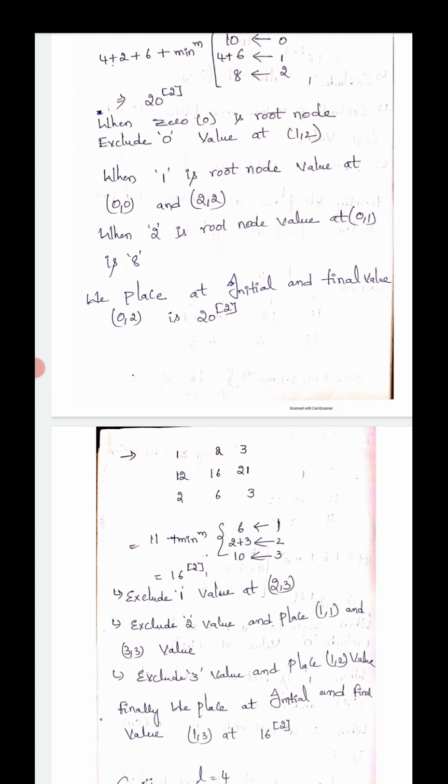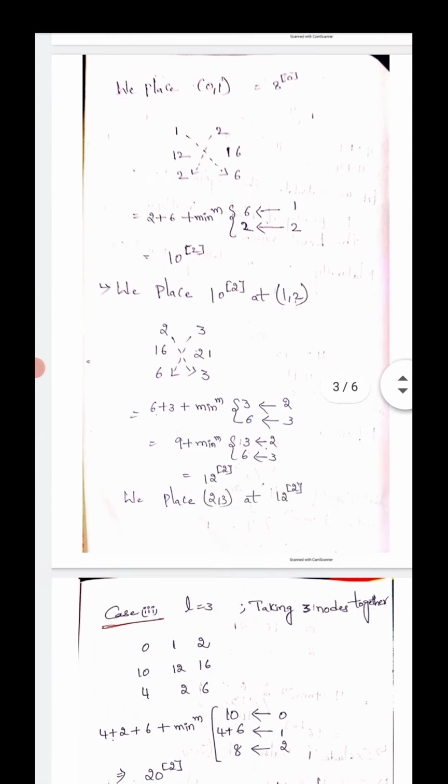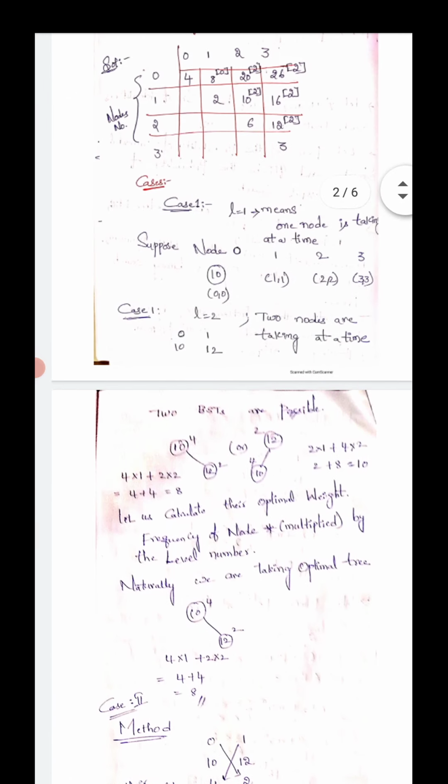Listen carefully. From root node 1, we need to exclude the 1 value at 2 comma 3. If you close the position 1, what do you see next to it? You see 2, 3. So exclude the 1 value and look at the 2 comma 3 position. How much value can you get at 2 comma 3? 12 with subscript of 2.